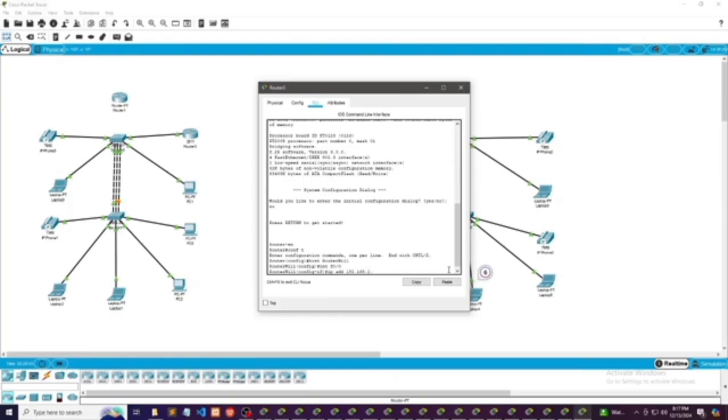Because it's different, as you can see, here's the IP address: 192.168.2.1, then 255.255.255.0. Okay. Then type the new code.